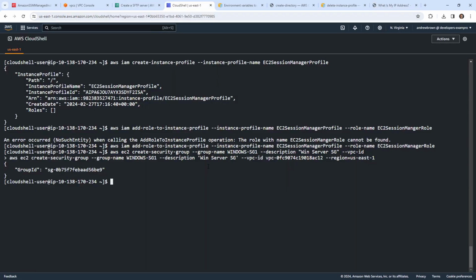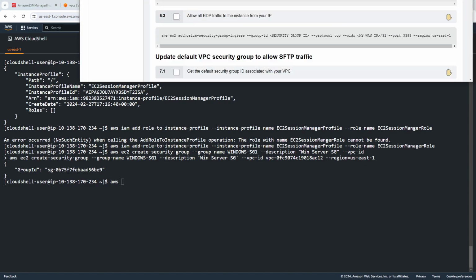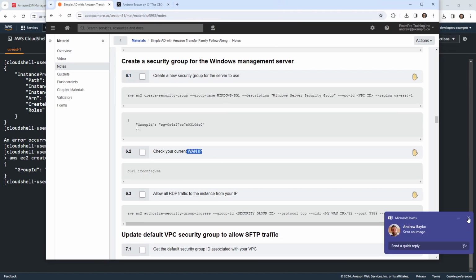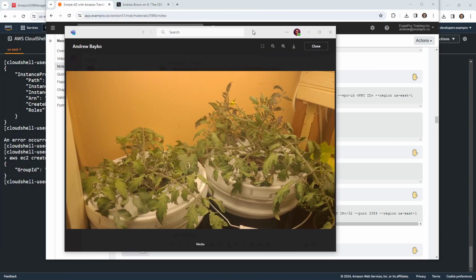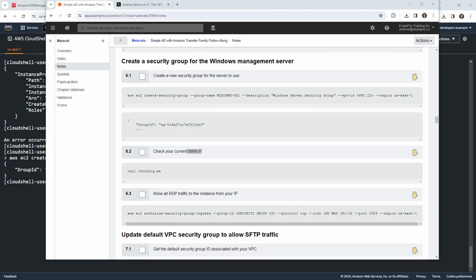We'll go over here. I'm going to type in AWS. And I was telling Baco, if you ever do this again, just make this a CloudFormation template because it's so painful. Now he's showing me a photo of his tomatoes. We're both growing tomatoes. I do hydroponics, and his are bigger than mine. And I set up both the buckets. So something's wrong with my setup, and I'm supposed to be the person that knows what's going on here. Anyway,